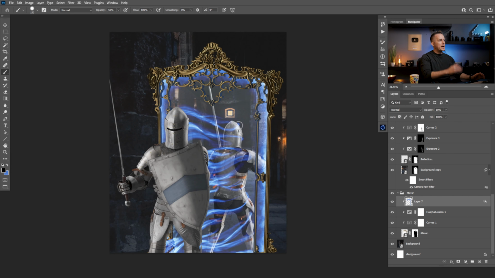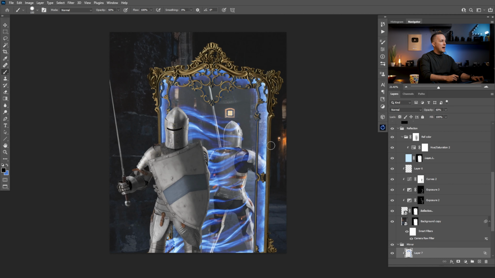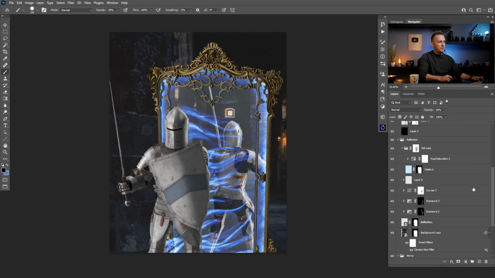While I was painting here, I came up to the idea to add maybe some kind of enemy that this knight is fighting, and the dragon is the one that came up to my mind. So I went to Envato Elements, paused the video, and downloaded the dragon. So this is the one that I got, and here I want to put him inside the mirror, so somewhere behind